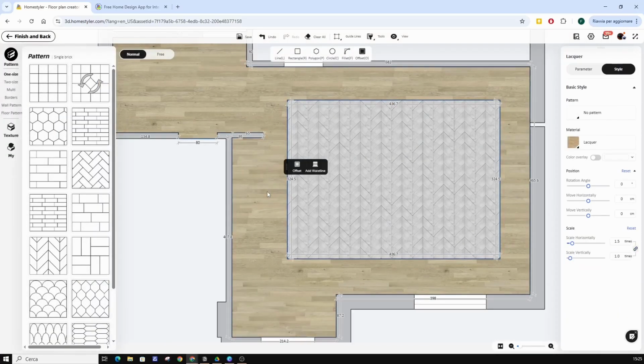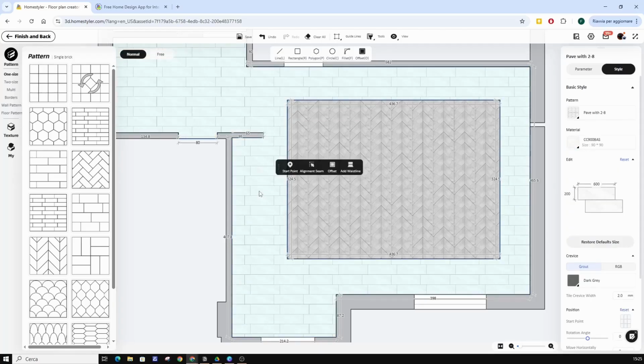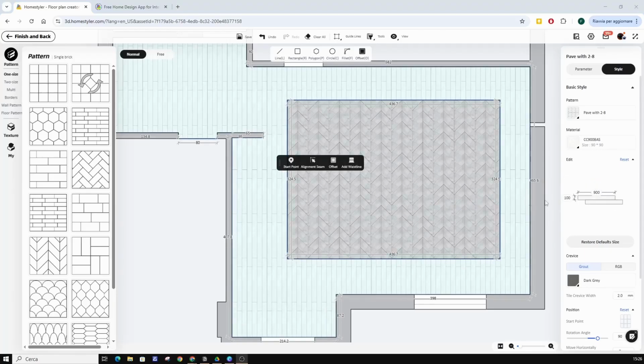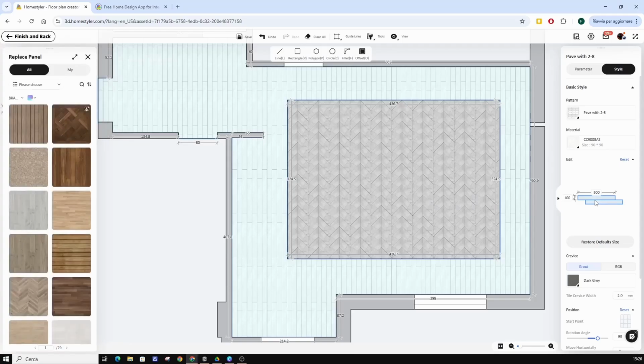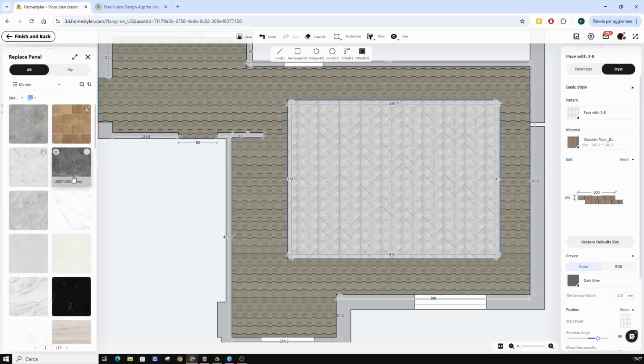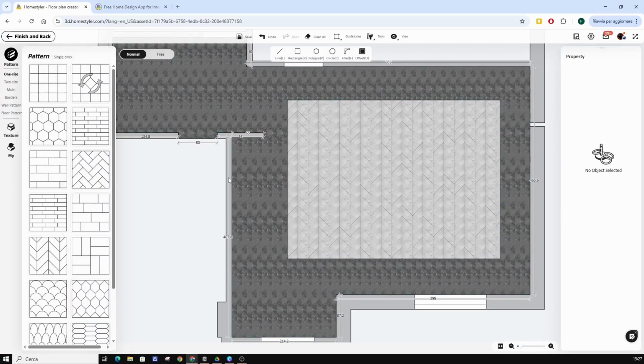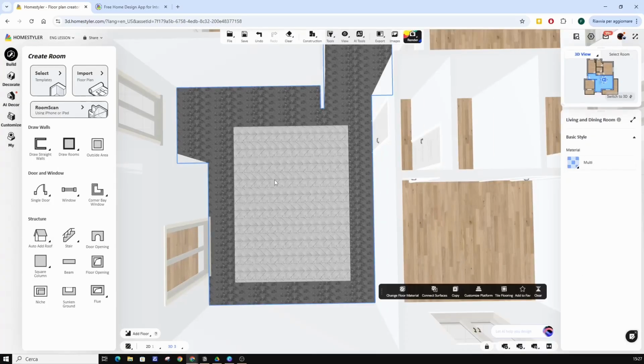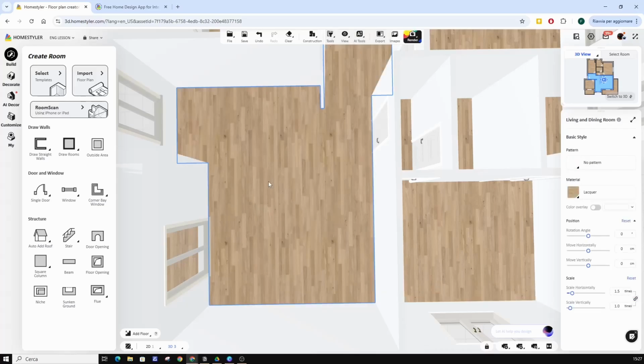Then, on the surrounding area, we can assign another type of laying. We can also rotate it with the spacebar, and we can always change the dimensions. Obviously, we can change the material of these tiles. When we have finished, we must press the Finish and Back button. If we want to delete this texture, we press the Cancel button.